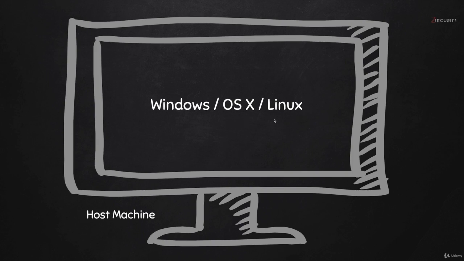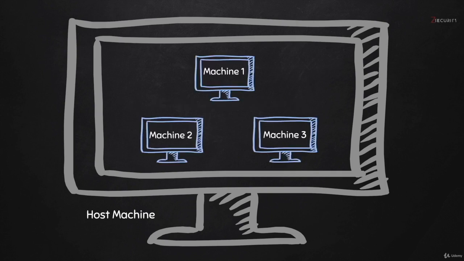This computer might be running Windows, OS X or Linux. It doesn't really matter. It can run any operating system. You can keep all the programs that you love and like and install a virtualization software such as VirtualBox or VMware. A virtualization software allows us to create a number of virtual computers inside your main computer. So we can have 3 or 4 or 5 or 10 computers all installed inside your main operating system, inside